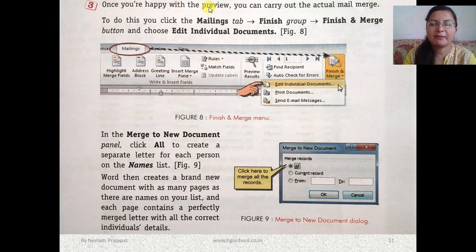So once you are happy with the preview, once you have created everything properly, you can carry out the actual mail merge. For that you have to click on the Mailings tab, then click on the Finish group, then click the Finish and Merge button, and here you have to choose Edit Individual Documents. After clicking on Edit Individual Documents, the Merge to New Document pop-up will come. Here you have to click on All, and after that,